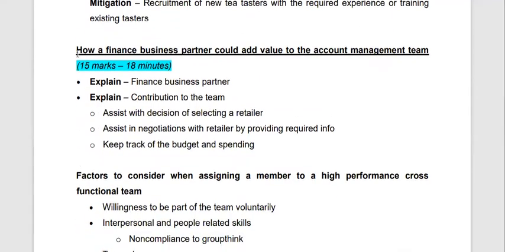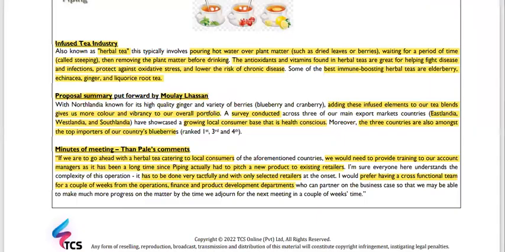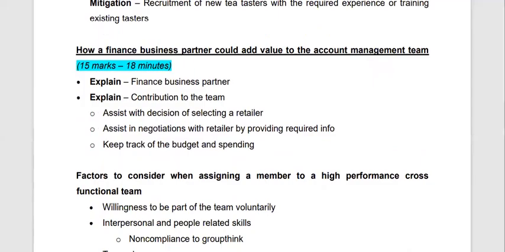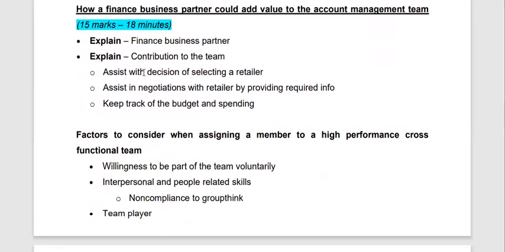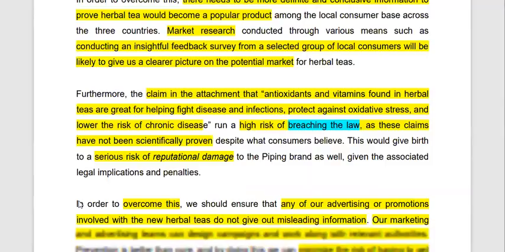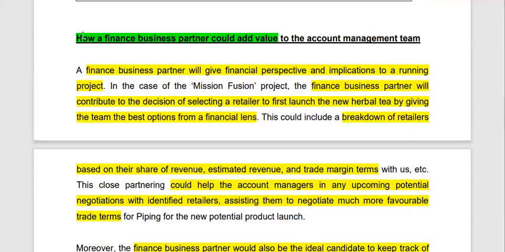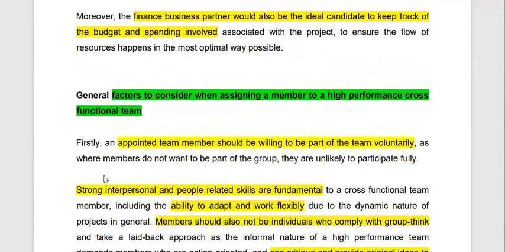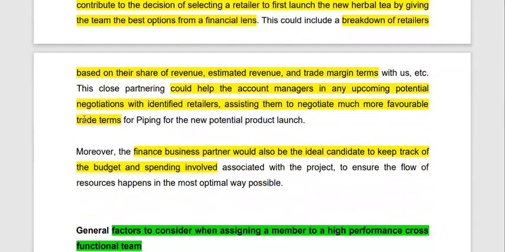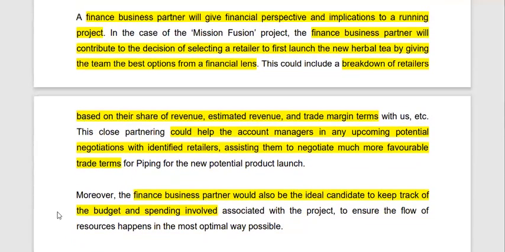And I've come up with an answer plan for subtask B as well. In subtask B, the weightage provided is 40%. So 15 marks are allocated, and you are supposed to take 18 minutes. Based on that, I've come up with a concise answer plan. And based on this answer plan, again, for the subtask, I said you need to come up with a main heading. This heading is in bold and underlined format, and I've used paragraphs, and these paragraphs are not too long. For each and every answer point which I've highlighted, I've come up with separate paragraphs.